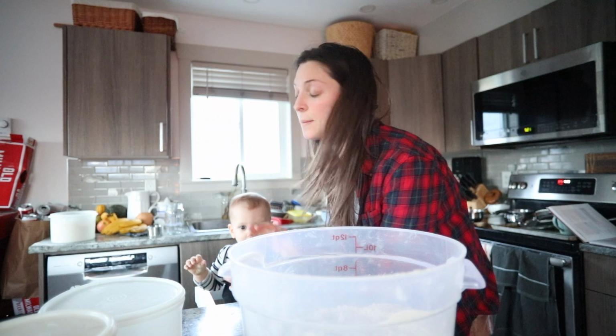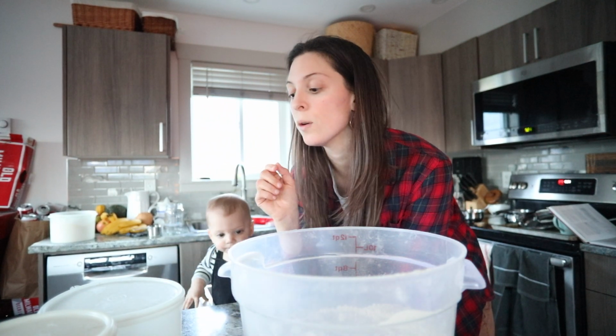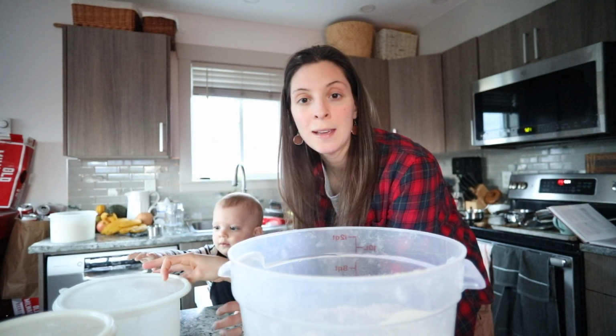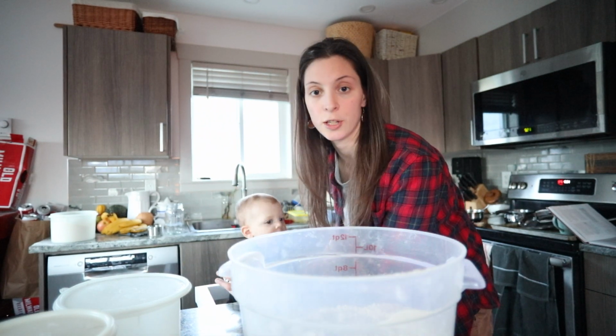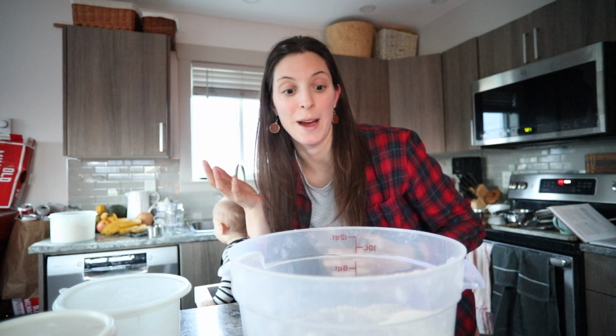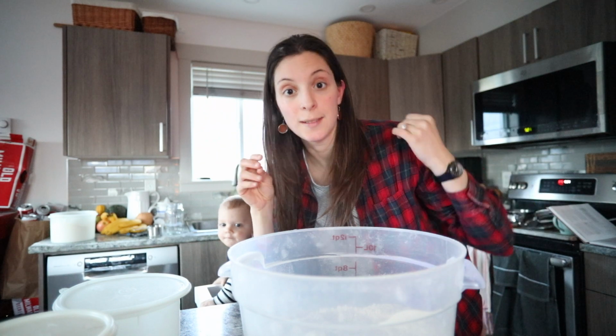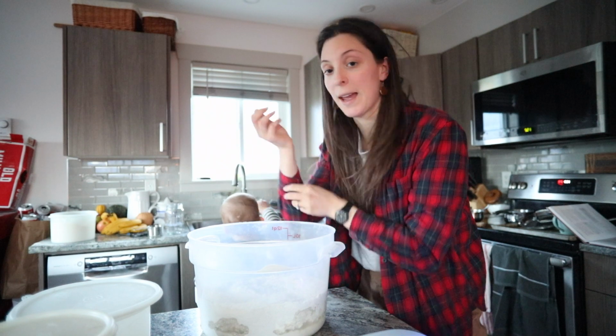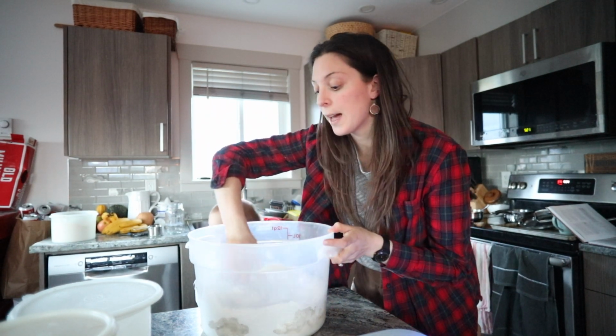Now my water is about 90 to 95 degrees Fahrenheit again. That's warmer than you would think. So it is worthwhile grabbing a thermometer and actually checking the temperature of your water. Keeping notes of the end temperature of your dough and that stuff really helps in sourdough to figure out how you can manipulate certain aspects of your mixing to affect your rise. So I would say keep notes, take measurements. It's definitely worthwhile. I'm going to mix this with my hand, and then I'm going to let it sit here